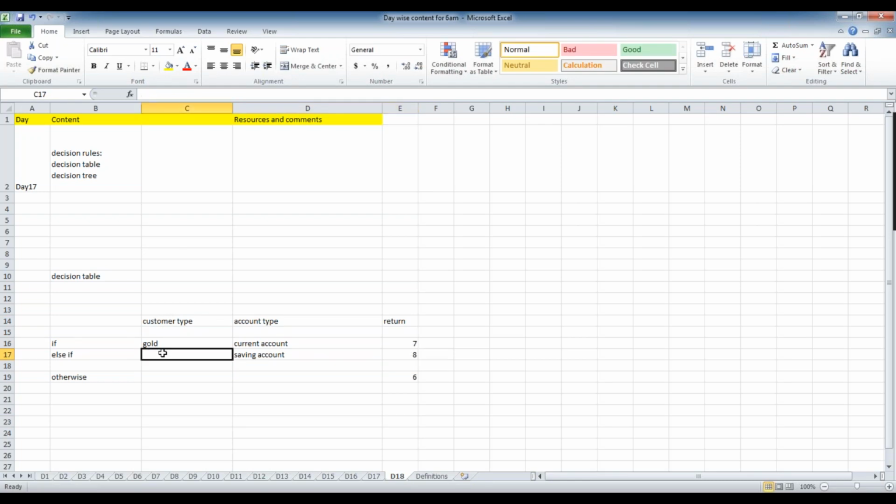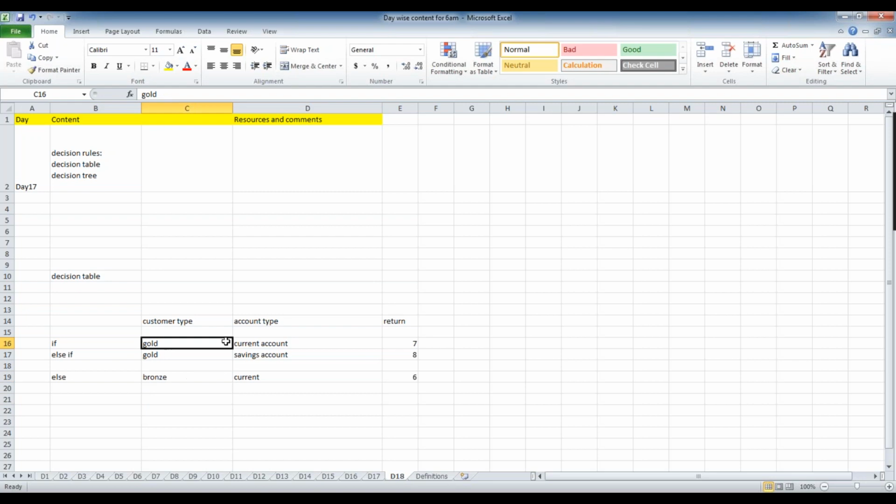Then you need to add one more entry here, something like this. Here you need to use current account again. There will be, let's say, gold and bronze customers. For bronze again, you need to add bronze current account.